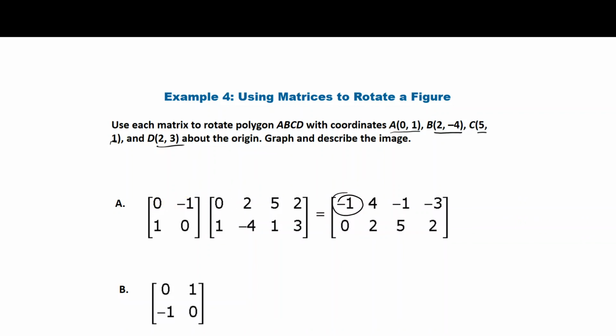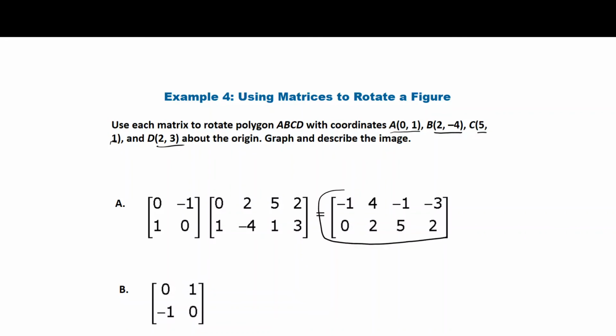All right, and again, take the information in our first row, and we're going to be multiplying and adding from our second column now. So 0 times 2 plus negative 1 times negative 4, and there we have our next answer. All right, and we follow through on all of those, and we end up with our new